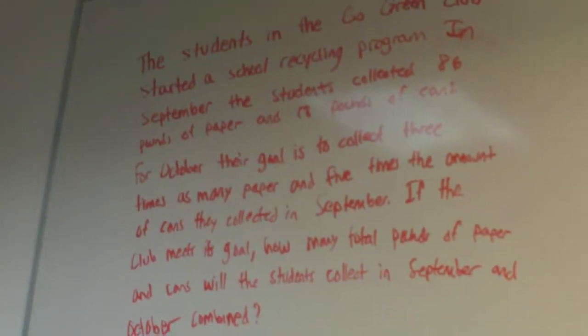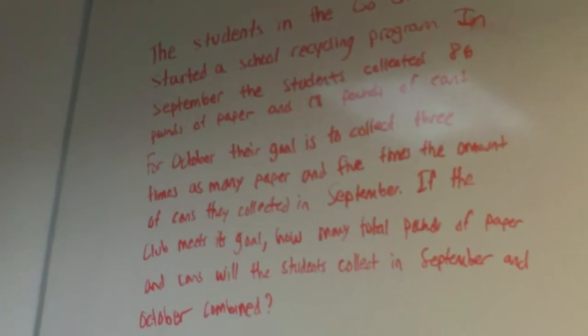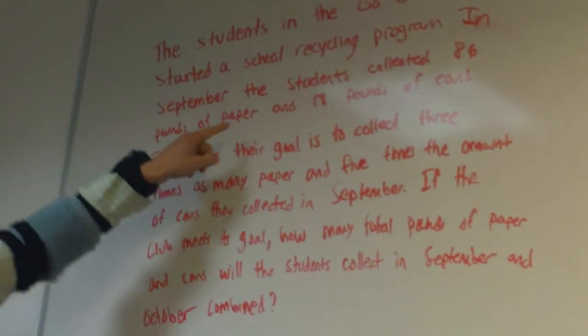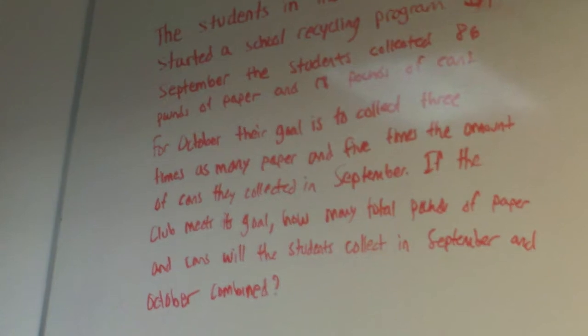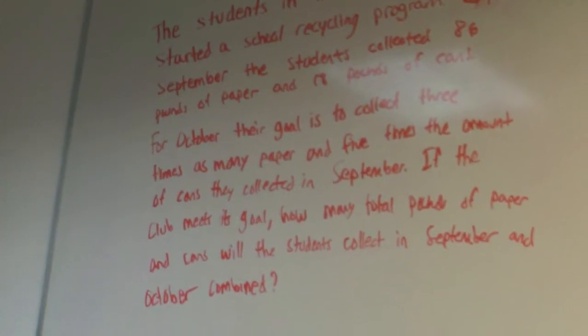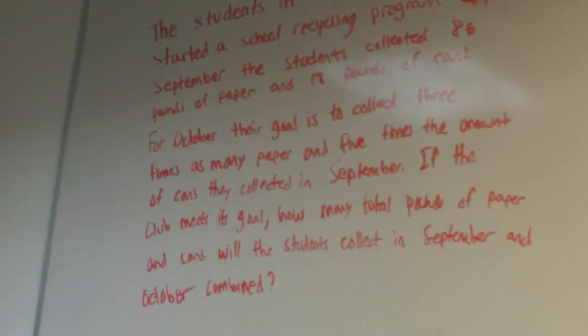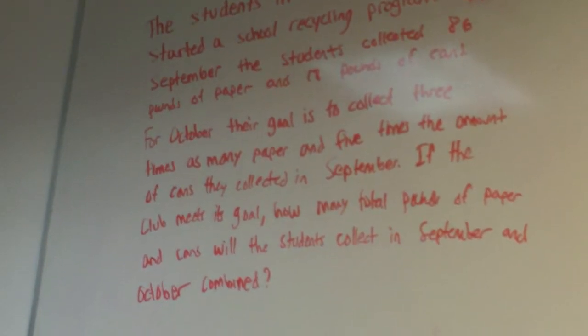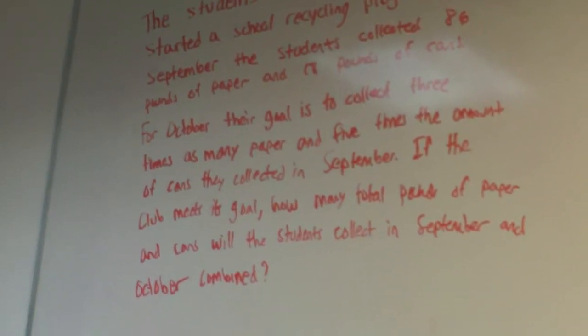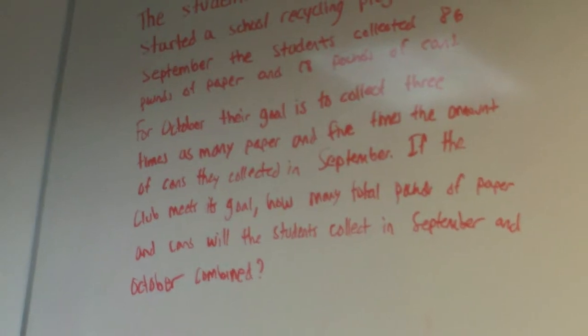The students in the Go Green Club started a school recycling program. In September, the students collected 86 pounds of paper and 18 pounds of cans. For October, their goal is to collect 3 times as many pounds of paper and 5 times the amount of cans they collected in September. If the club meets its goal, how many total pounds of paper and cans will the students collect in September